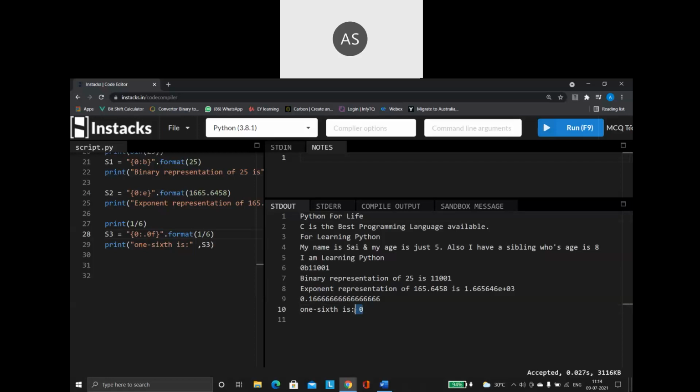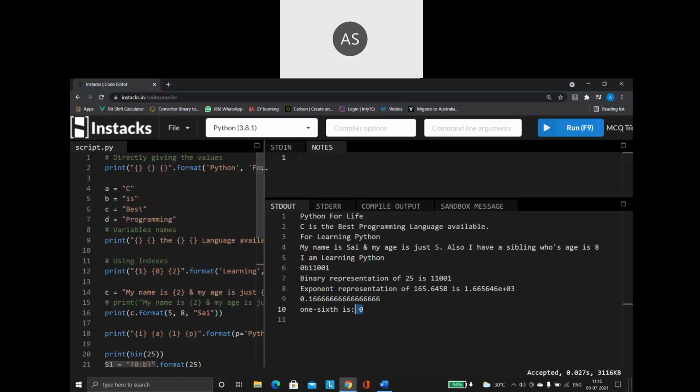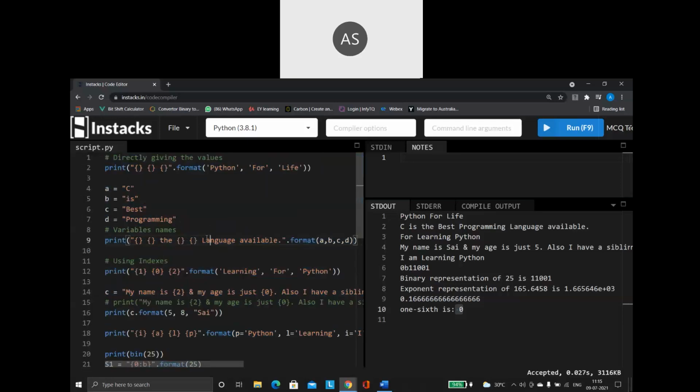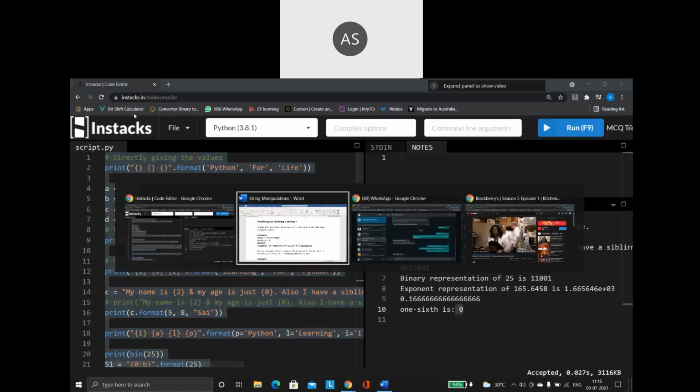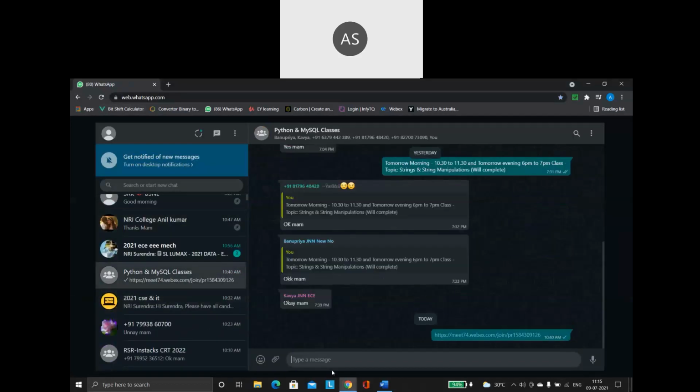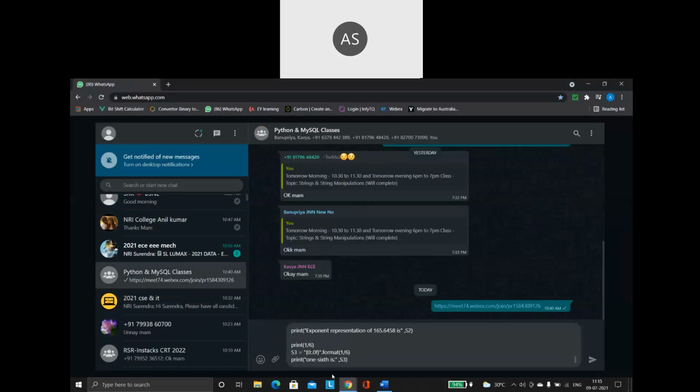So you can control. All these are ways of controlling my output. How I want to print in that particular manner, I can format my output. This is some of the most commonly used things of your format function. These are the different aspects of how I will be making use of this particular function. Right, I hope this is clear, guys. I will just share you the code also, so you can just run and have a look at it.